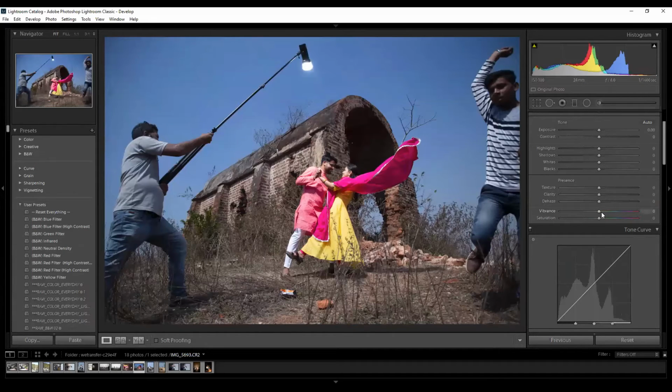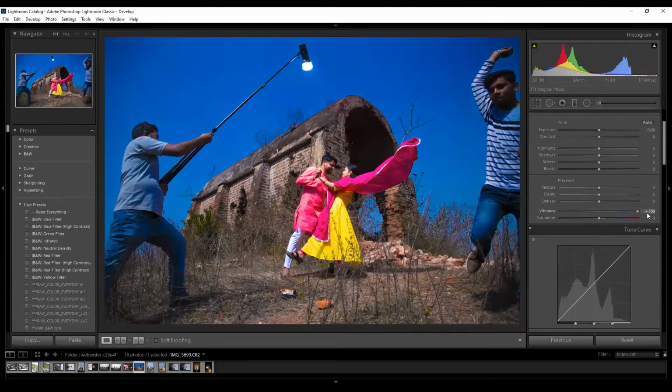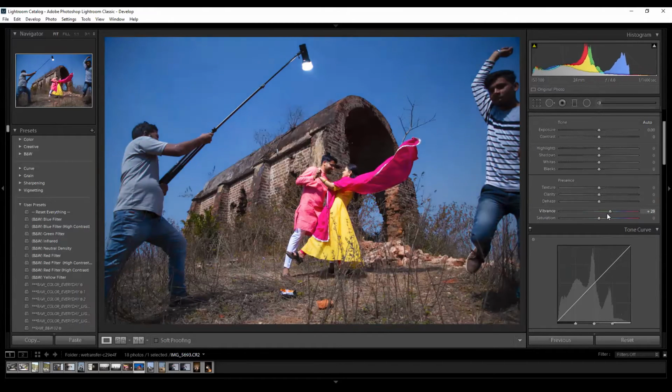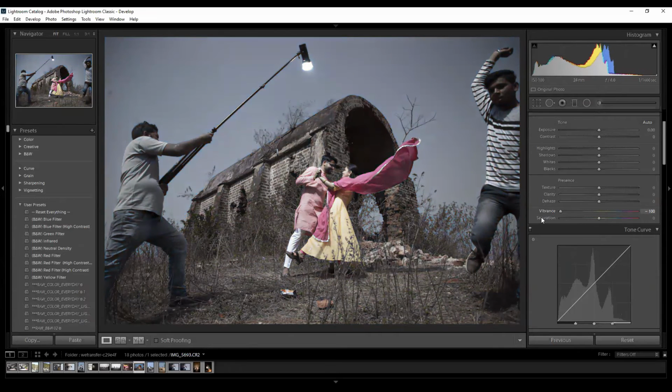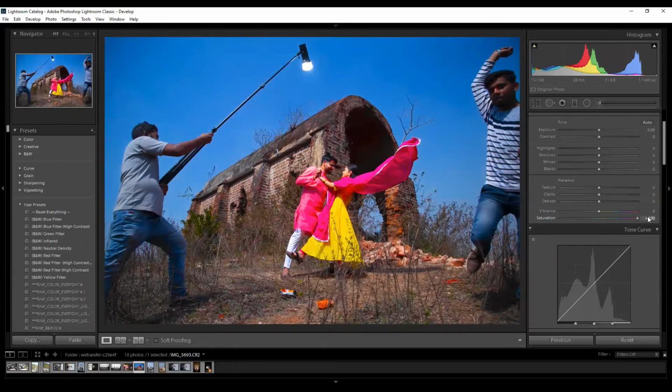Okay, now if I increase the vibrance over here, you see the yellows and the blues are affected very strongly, and as I reduce, the yellows and the blues try to get totally removed. But with saturation, if I increase, it will try to increase the red tones much more, and the orange tones much more, as well as the yellow tones. But as I decrease, it will totally remove the colors from the image.